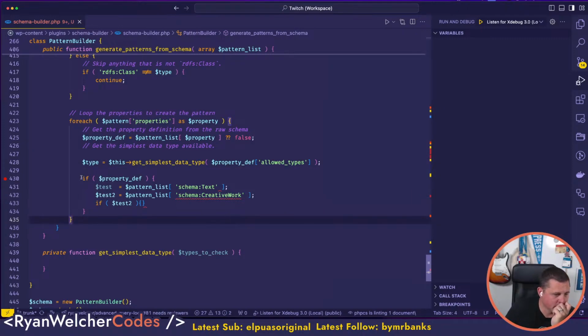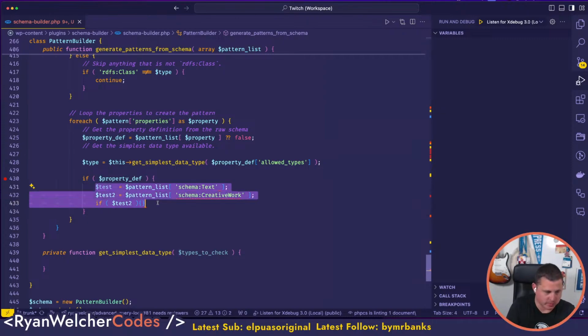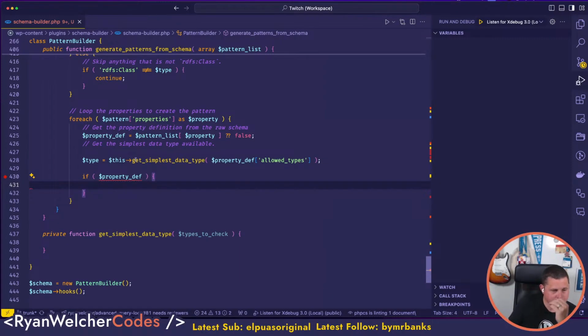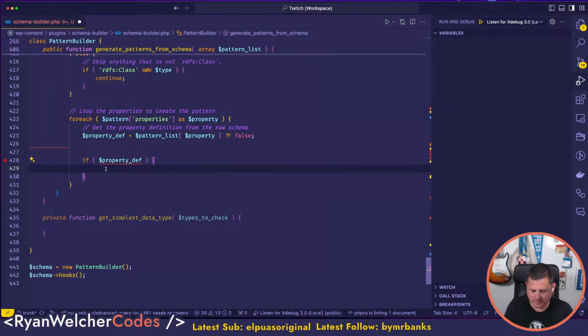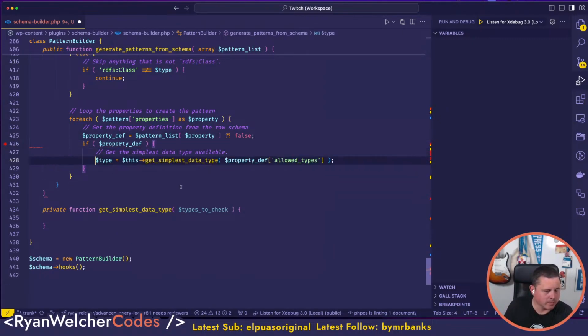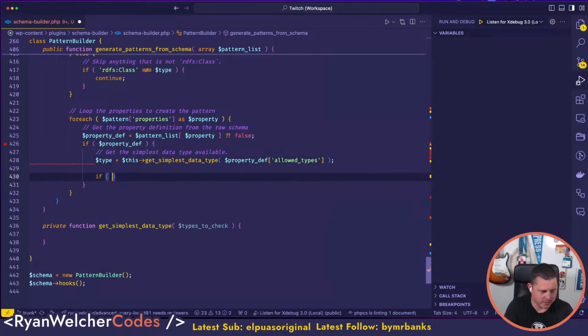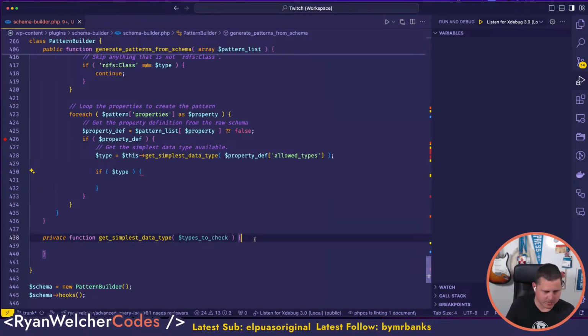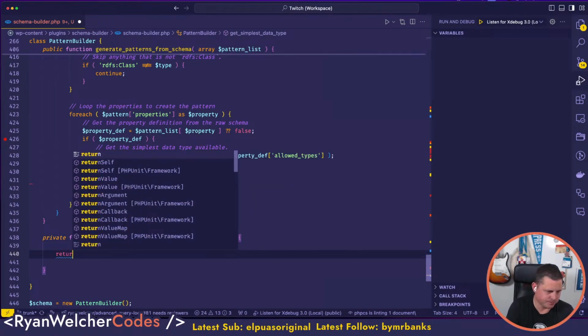Okay, it's fine now. So by this point, I should have pretty much everything I need to find, right? You know what? I need to run this inside of here because, you know, proper programming practices. Right, so then I'm going to go, and then here I'm just going to go if type, and we're going to do this. So this is going to return something. So this needs to return